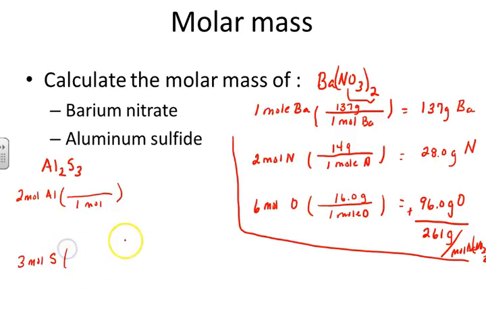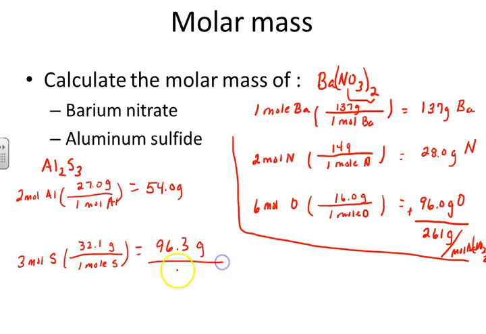We need the mass for 1 mole of each of these, so we can do the multiplication. 1 mole of aluminum, 27 grams. 1 mole of sulfur, 32.1 grams. So this is going to be 2 times 27, that would be 54 grams, and 3 times 32.1 would be 96.3 grams. We add those together, 54 plus 96.3, so it would be 150.3